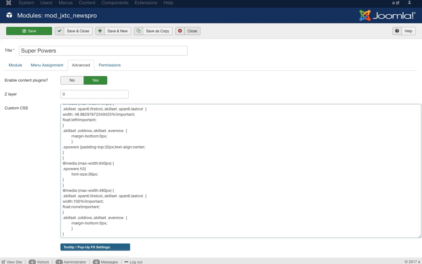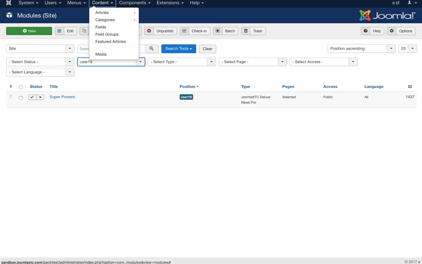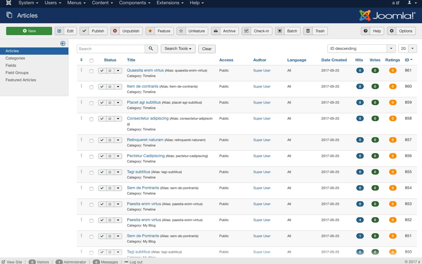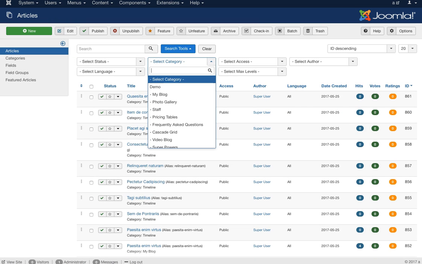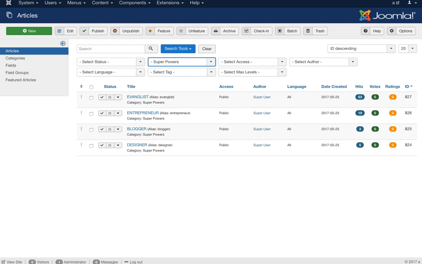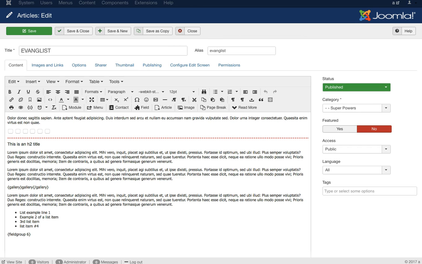So let's close out of here and let's take a brief look at the articles. And let's go over here to our search tools and select category and superpowers. So we'll look at evangelist. So here we've created several different